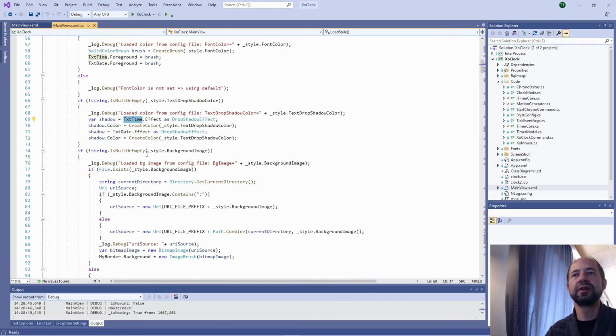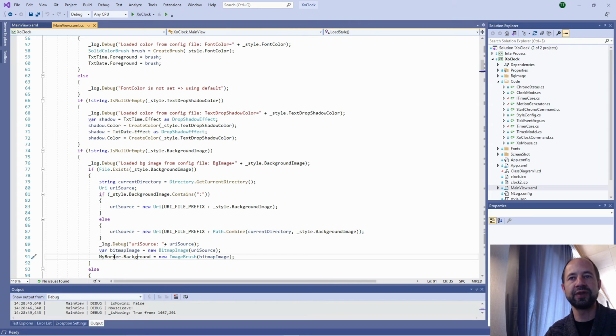So all these properties, which I am exposing in a specific object that I have decided to create, I handle them. Style background image, for example: you see if the file does exist, I'm going to create a URI source, and on the URI source my border background, here I am updating the background of my border.